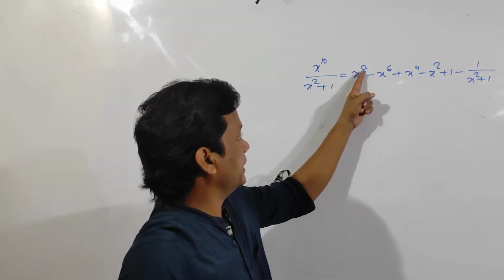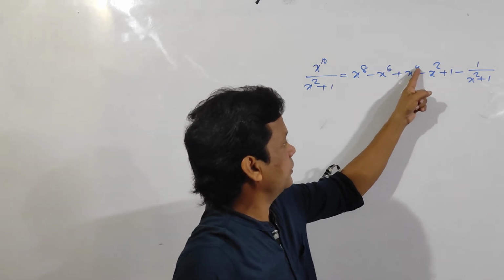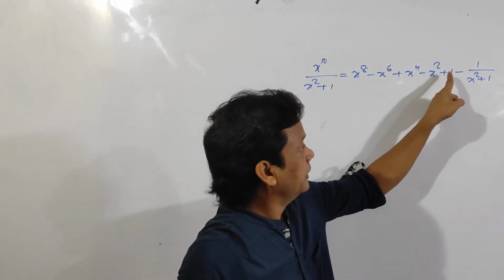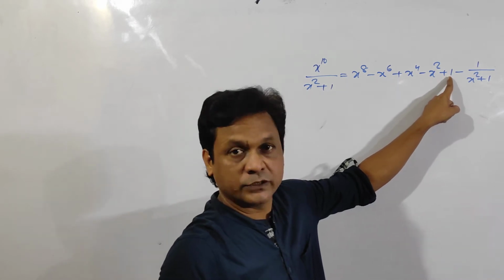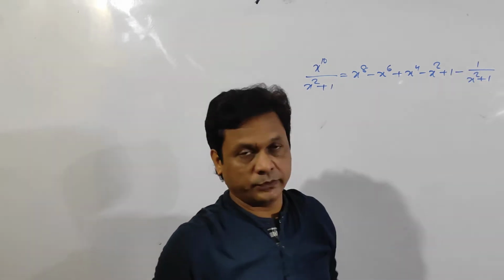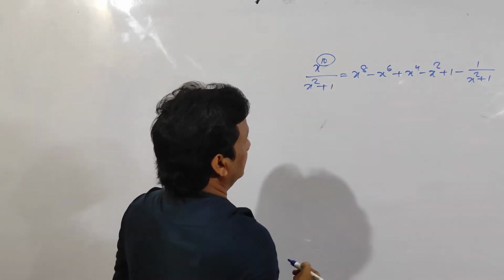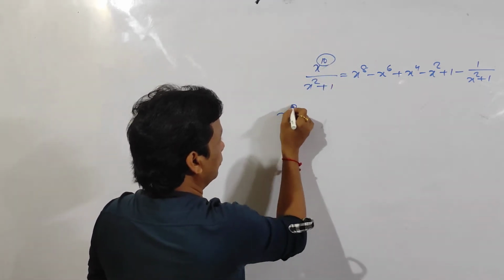Because 10 minus 2 is 8, 8 minus 2 is 6, 6 minus 2 is 4, 4 minus 2 is 2, 2 minus 2 is 0. Then the last term which you have got is 1, so 1 by x squared plus 1. This is the trick. And it is the power 10, that means even power. And if it is odd power,